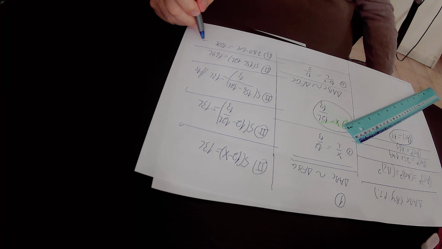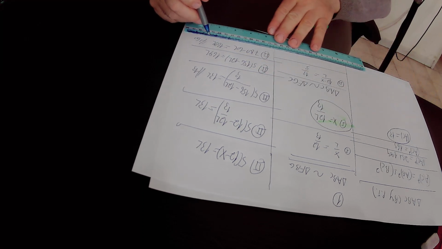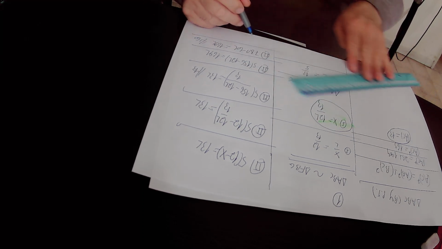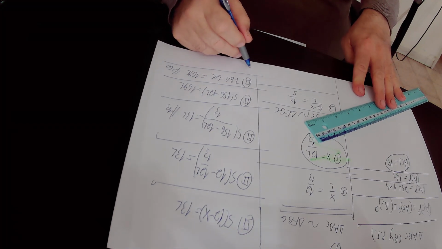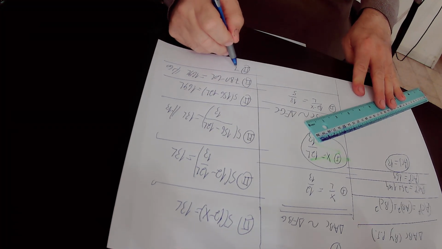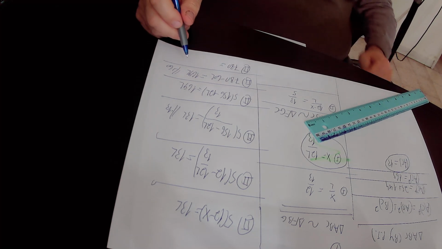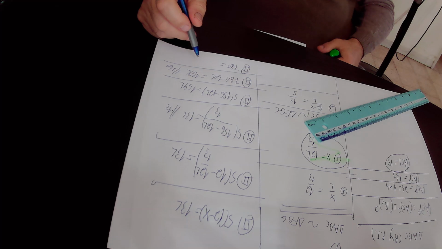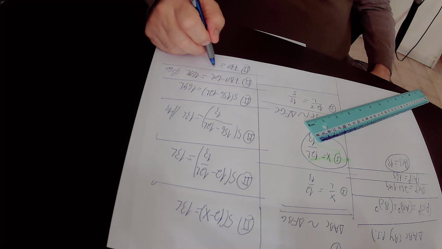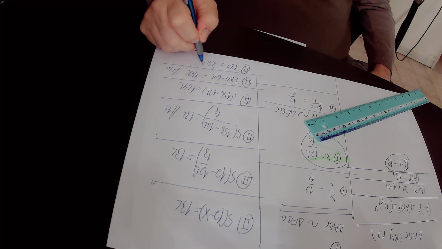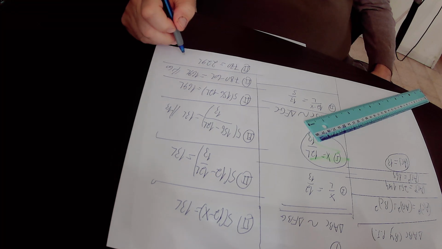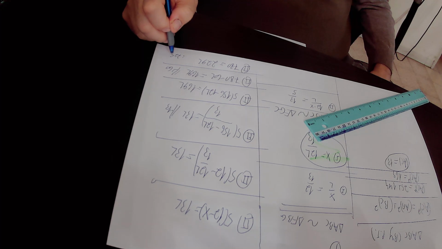Here we add 60L to both sides, and we get 780 equals 169L plus 60L, which is 229L. Here we divide equation 2 by 229,